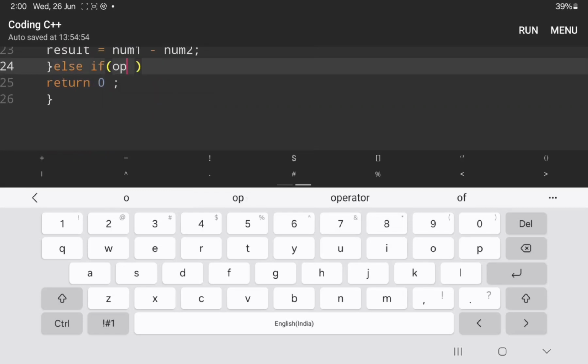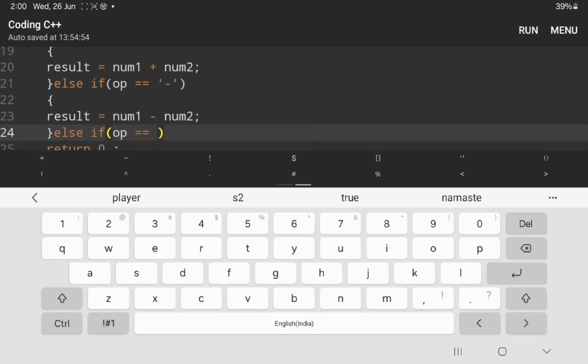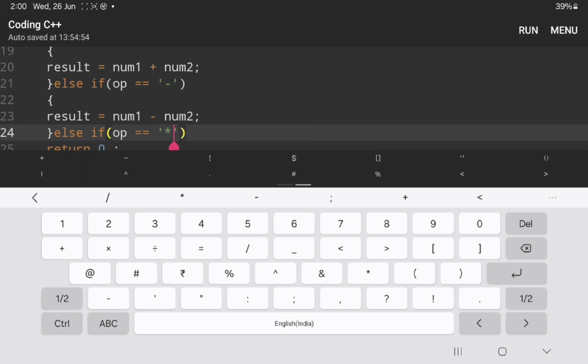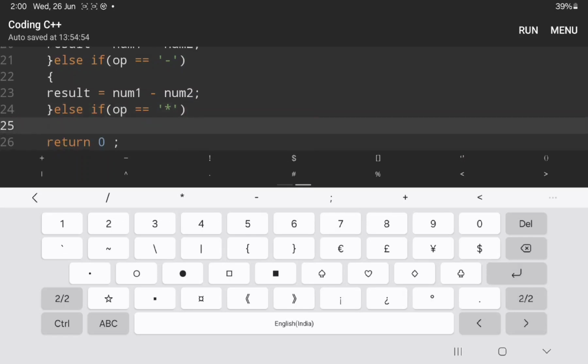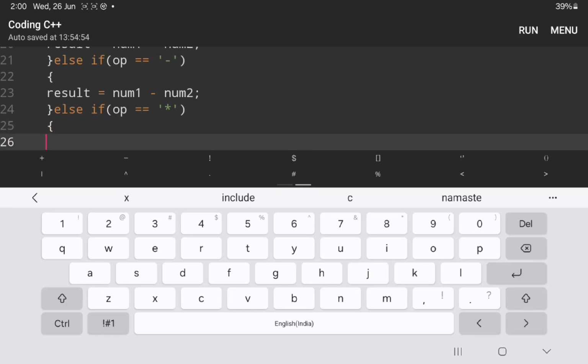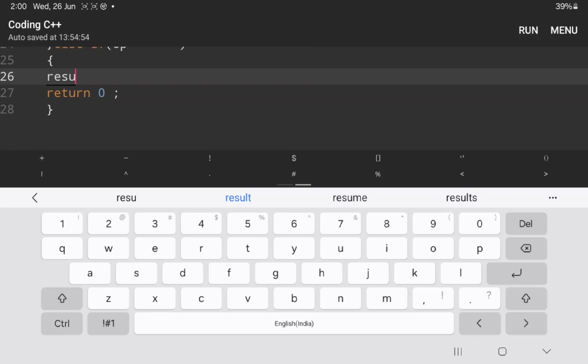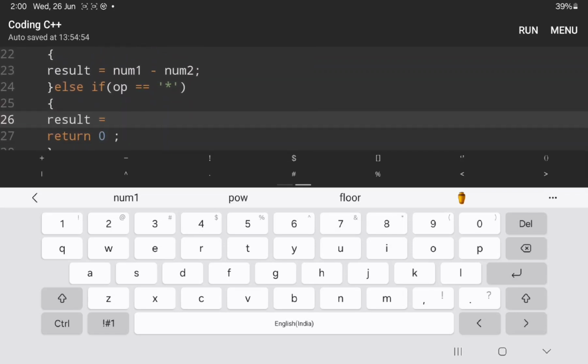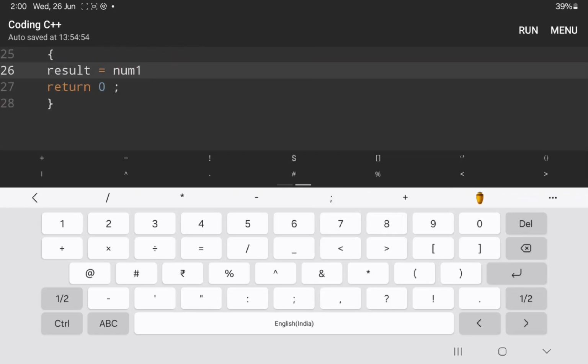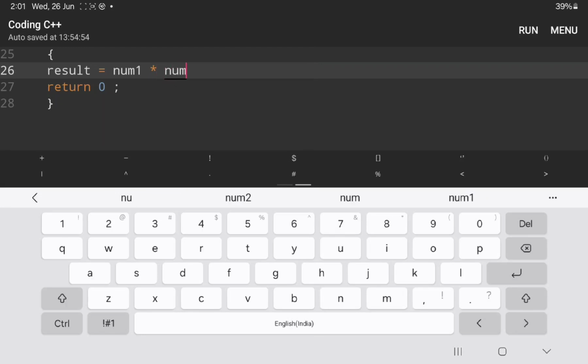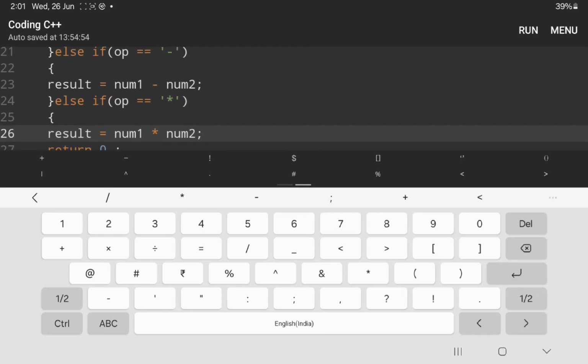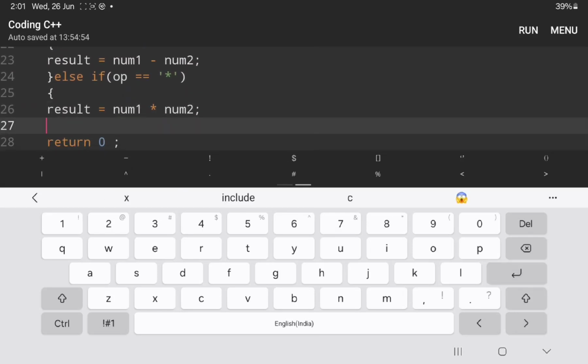and beside it we will again write one more, else if, in braces I will write op. If the user gives like maybe multiplication, this star, then you write result equal num1 times num2 semicolon, and down close brace,